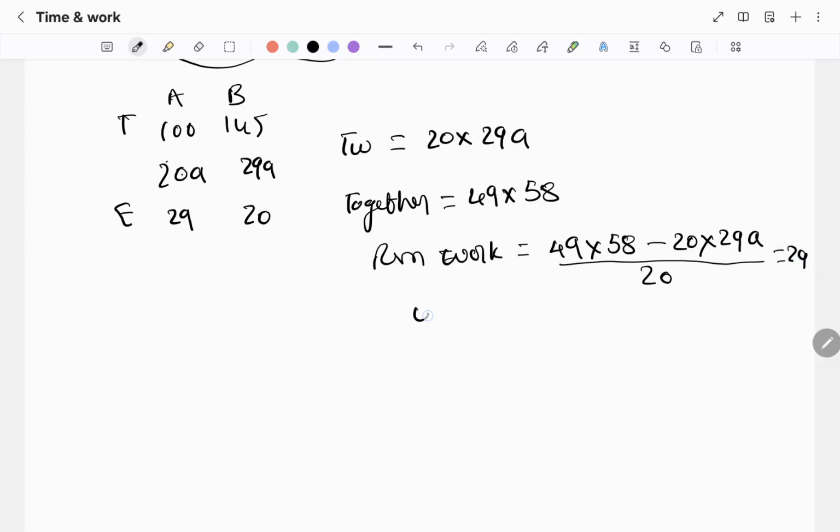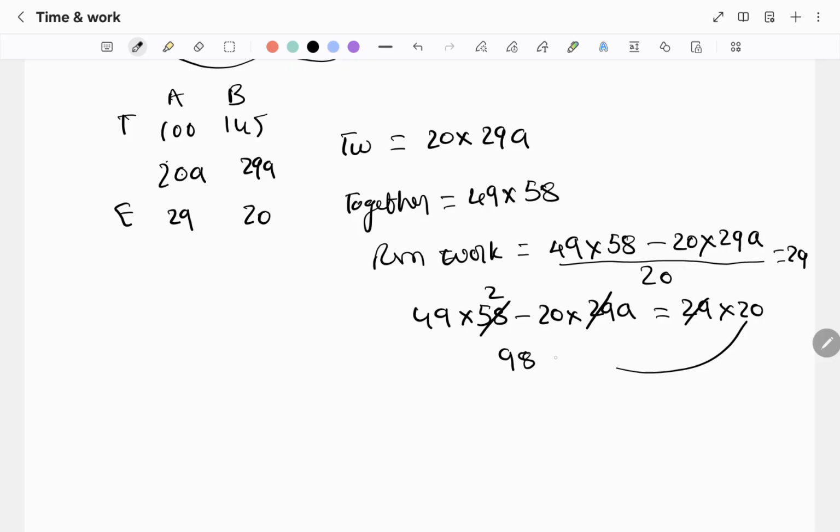So, now 49 into 58 minus 20 into 29A is equal to 29 into 20. In this both 29 is common. If I remove 29, then 49 into 2, 98. Bring the 20A to the left hand side. 20A is equal to